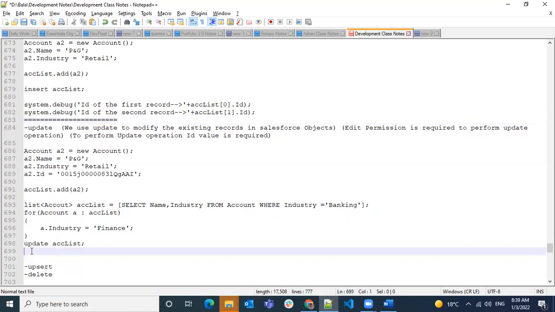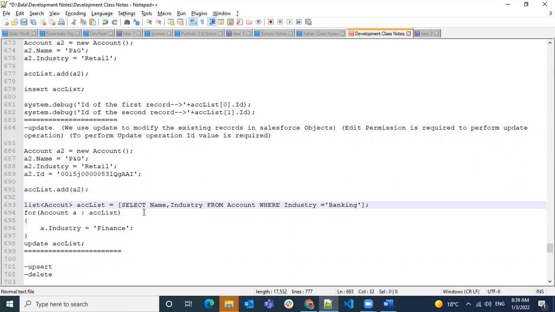So when we write this query and update it, that means in the backend we are fetching the ID too and updating it, right? To do an update operation, we need the ID field as mandatory, correct?